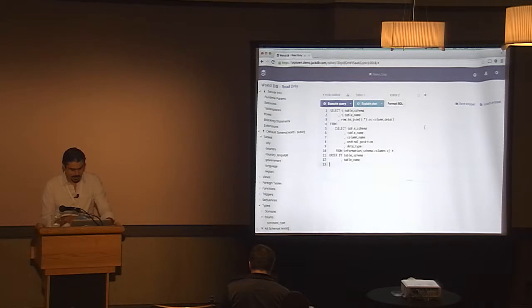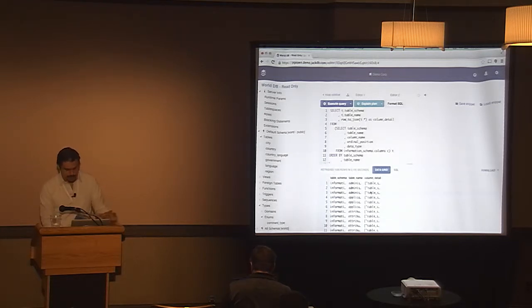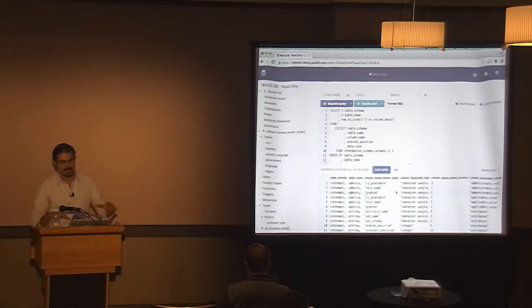So I have here a really contrived example of using row to JSON to generate JSON. Row to JSON is a really cool function where you can turn anything in Postgres, like any tuple or set of tuples, into JSON. Since we use a lot of JSON, looking at it is kind of a pain. If you ran this query in PSQL, you end up with this big string just going across. So it's convenient to just double click on things and have it break out and look at data in a saner way.